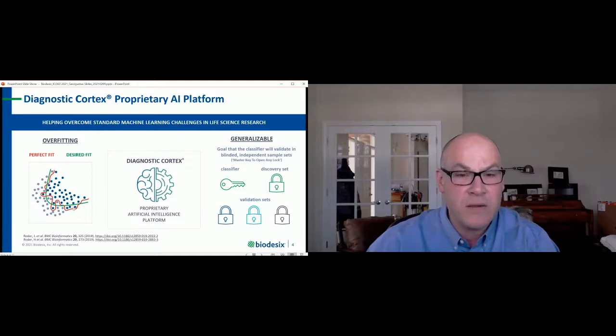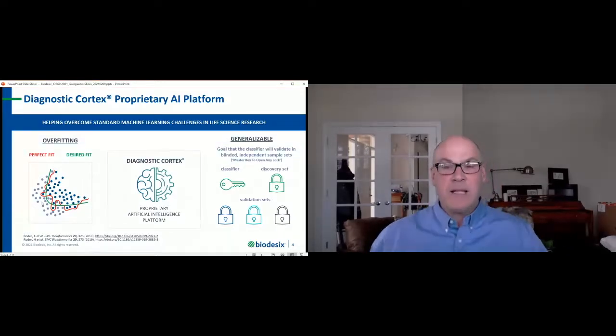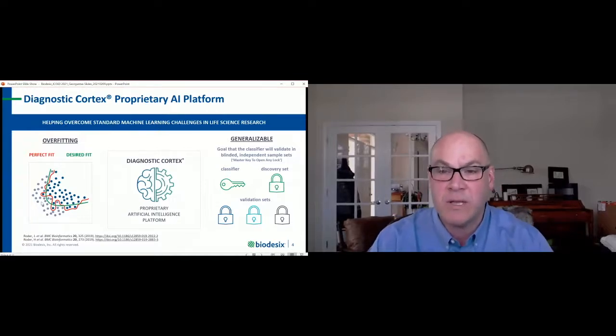for the desired fit. So it's not absolutely perfect, but what it does is it finds that demarcation between your different outcomes, whether that be responsive to immunotherapy or non-responsive to immunotherapy, so that you get a clinically meaningful differentiation between those groups, but not perfect. So you can see here that there is some overlap between that green line, between the dark blue dots and the gray dots. And what that's allowed us to do is that allows our algorithm to achieve what's called generalizability,